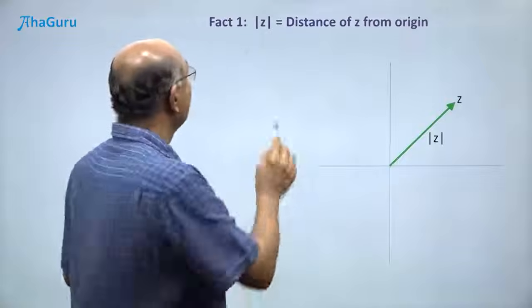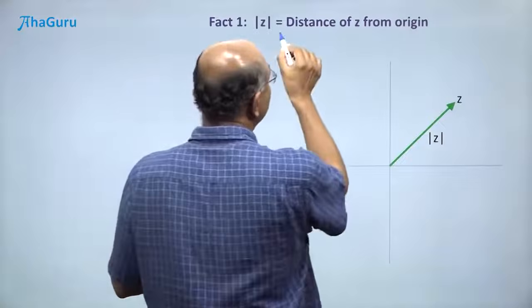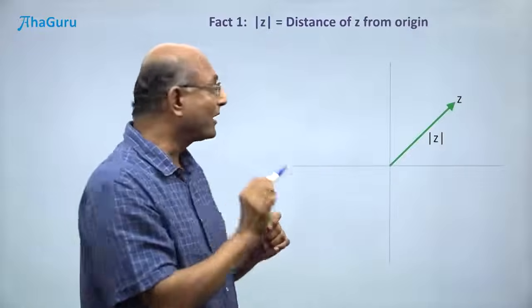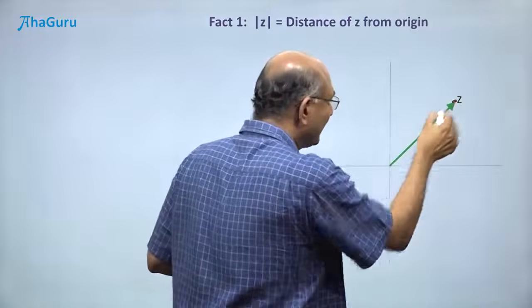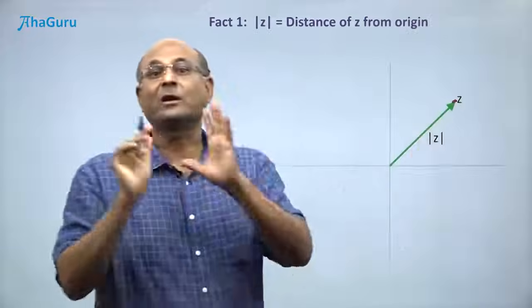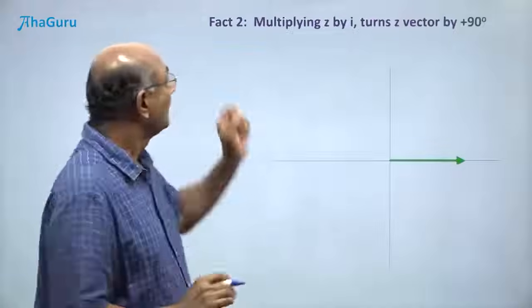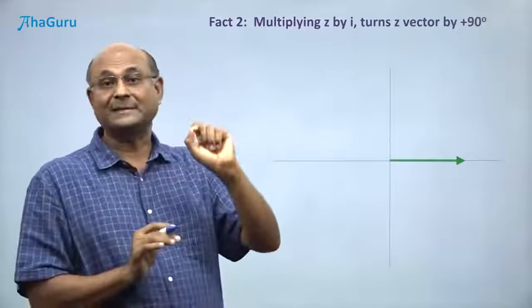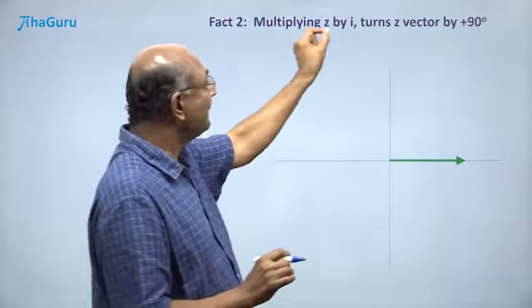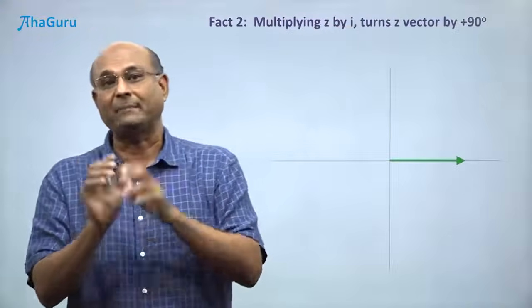Fact 1. Modulus of z is just the distance of z from the origin. So if you pick a point here, this distance is what modulus z represents. Fact 2. Multiplying a complex number z by i simply means that you are turning that z vector by 90